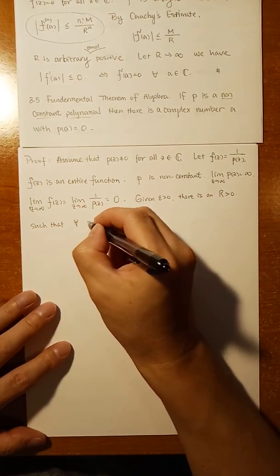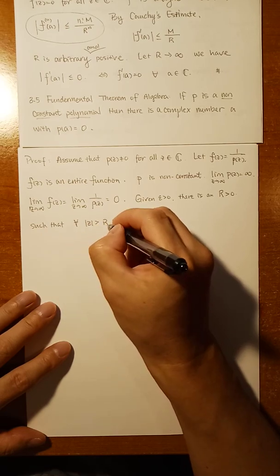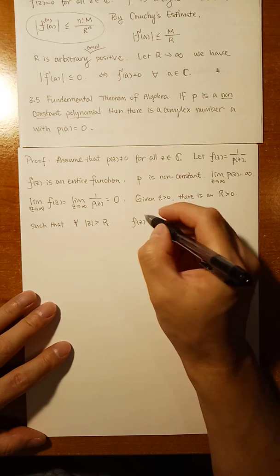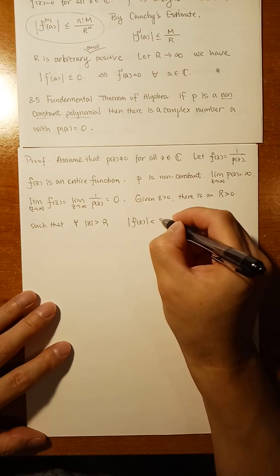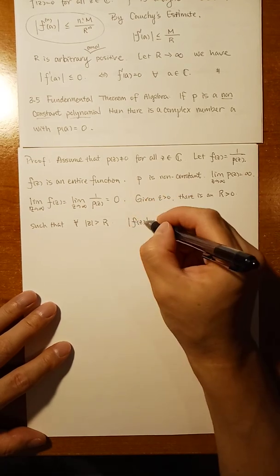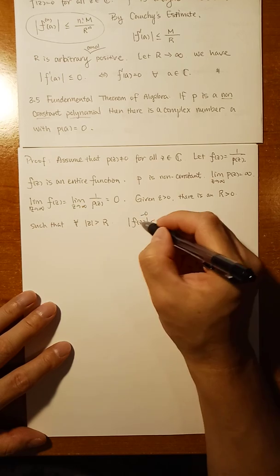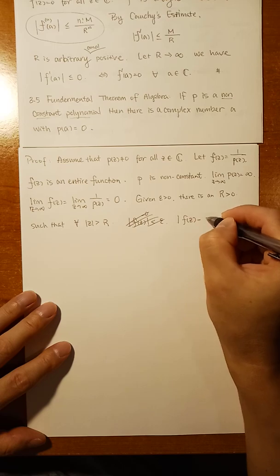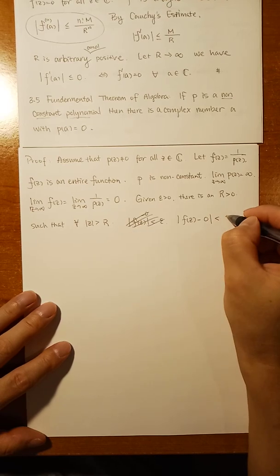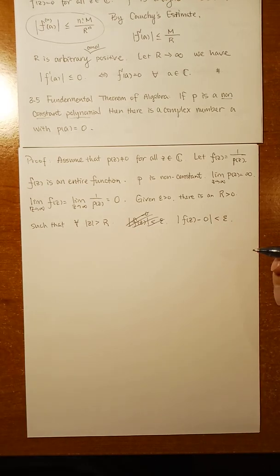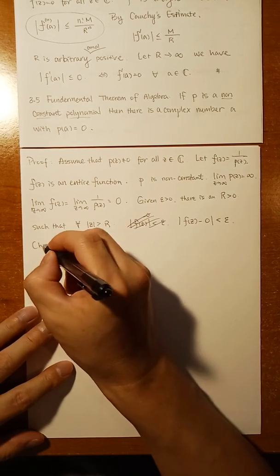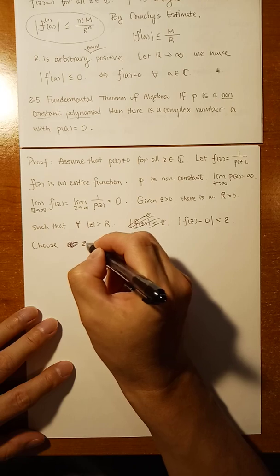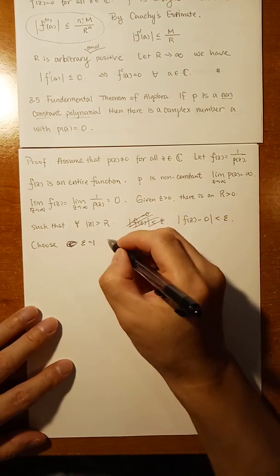For all z with modulus greater than capital R, the modulus of f of z will be less than epsilon. Close to, it's minus 0 is less than epsilon. Let me rewrite: f of z minus the limit is less than epsilon. All right, so choose this epsilon equal to 1. Then